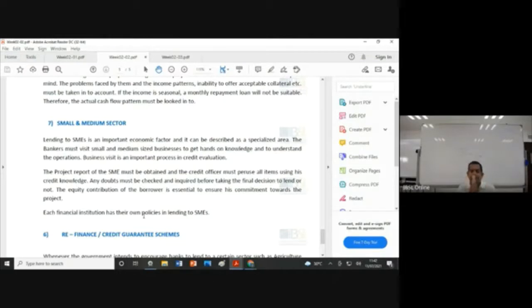For personal lending, you can take the salary slips and lend. For corporate lending, you can take the P&L and balance sheet and lend. But SMEs, you can't. SME is like a hybrid vehicle. You have the corporate items as well as personal items. So you need to evaluate this segment very carefully, because repayment defaults are very high, similar to